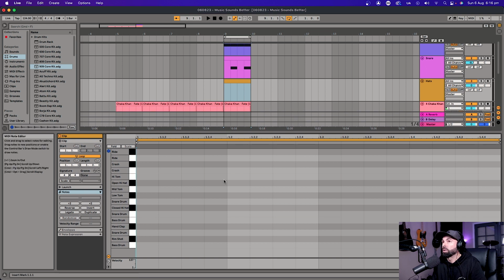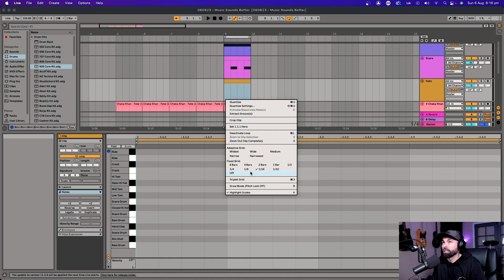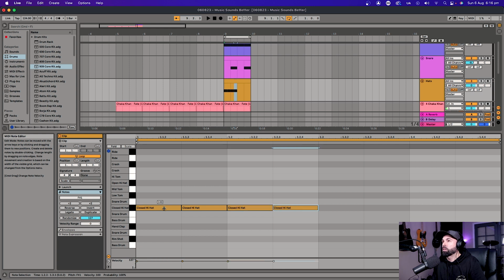Everything sample-wise is way too loud in Ableton by default, so you want everything on individual tracks to mix them properly. And our hats are going to be 8th notes. So right-click in here, go to 8th notes, change your grid to 8th notes, and we'll go to hi-hats. It's a nice crisp hat. And I'm going to duplicate them all the way across. Actually, whoops,